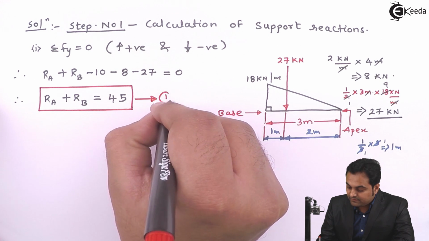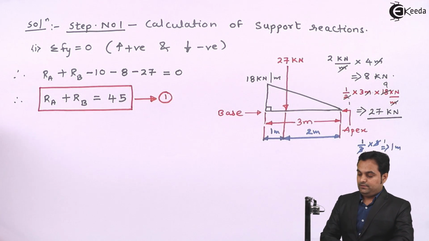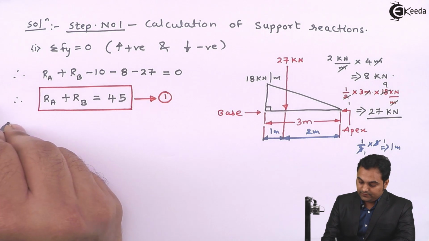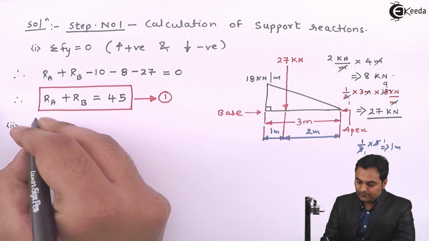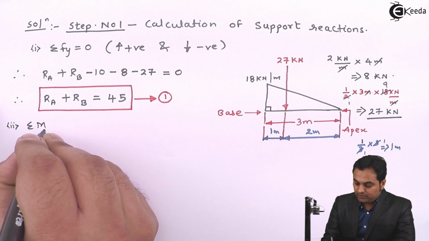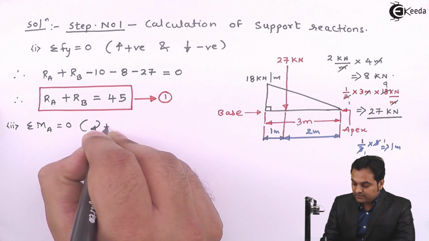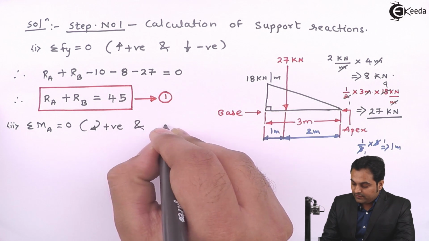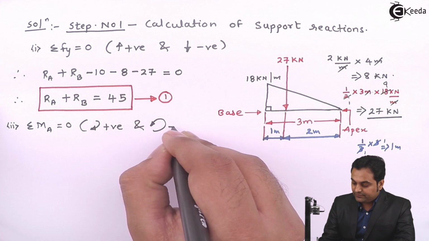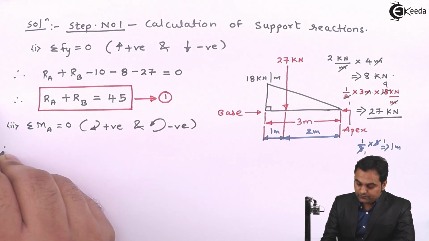I will keep this as equation number 1. Next, the second condition of equilibrium, summation of moment about A is equal to 0, where clockwise moments I treat them as positive and anti-clockwise moments are treated as negative. So therefore,